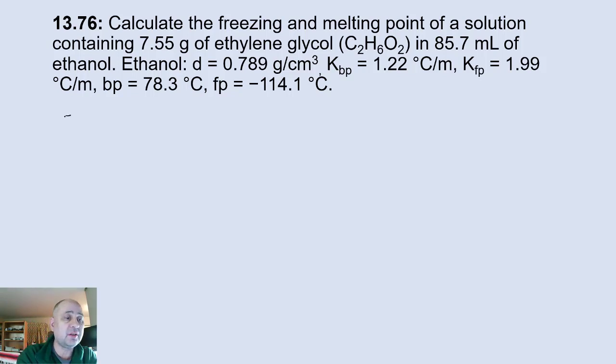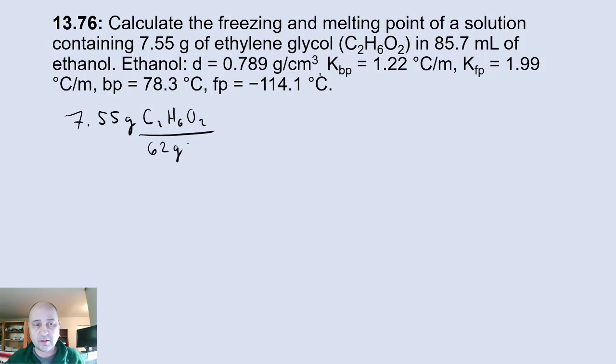Our solute is 7.55 grams of C2H6O2, and it's roughly 62 grams per mole. You can do better than that. You should have three significant figures. So let me just look that up. It's 62.07 grams per mole. That gives me the number of moles,